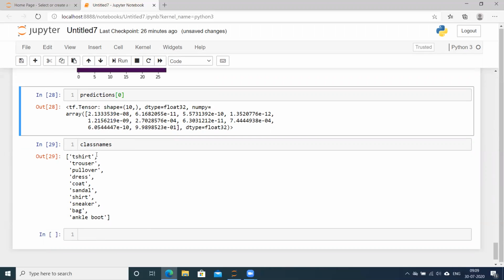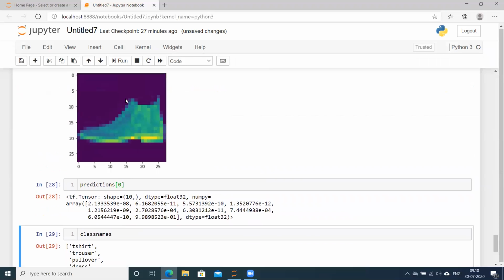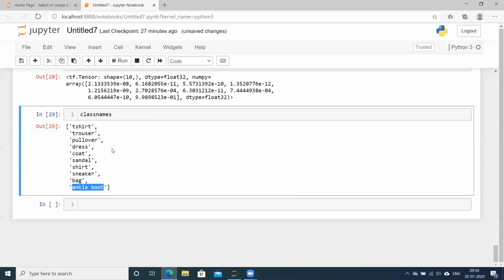Similarly, for trouser it is around 10 raised to the power minus 11, and for pullover 10 raised to the power minus 10. So very small probabilities. But for the last class, it is giving 9.9 times 10 raised to the power minus 1, so 0.99 probability for ankle boot. And we can see this is ankle boot only.